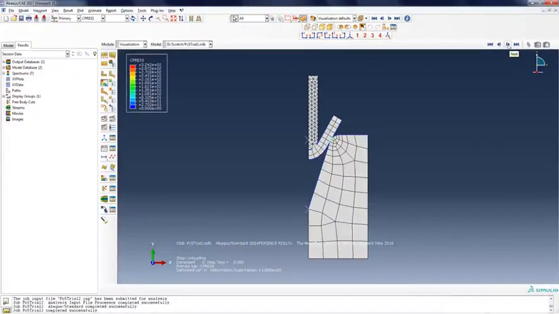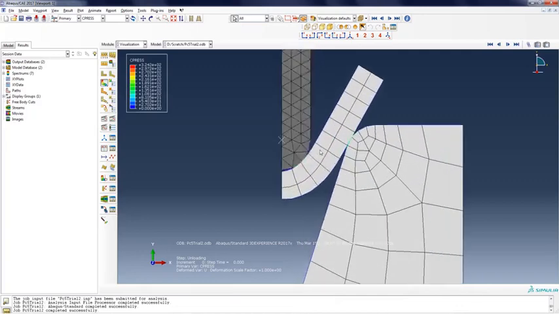Because of the unloading, there is a small elastic deformation pushing up our indenter. And at the end of our unloading, all the contact pressure becomes zero, which makes perfect sense. And at the beginning of our unloading, at the start of it, the contact pressure seems to be concentrated here, and there seems to be no contact here.